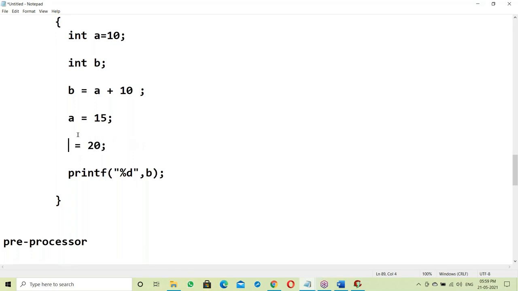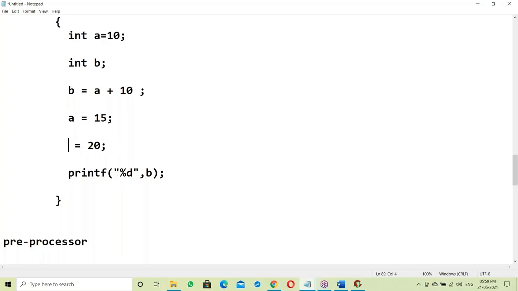Suppose here there is some variable A, 20 is assigned to A. If B is there, 20 is assigned to B. Suppose X is there, 20 is assigned to X. But here, n means 10 is there. So 20 assigned to 10. How?